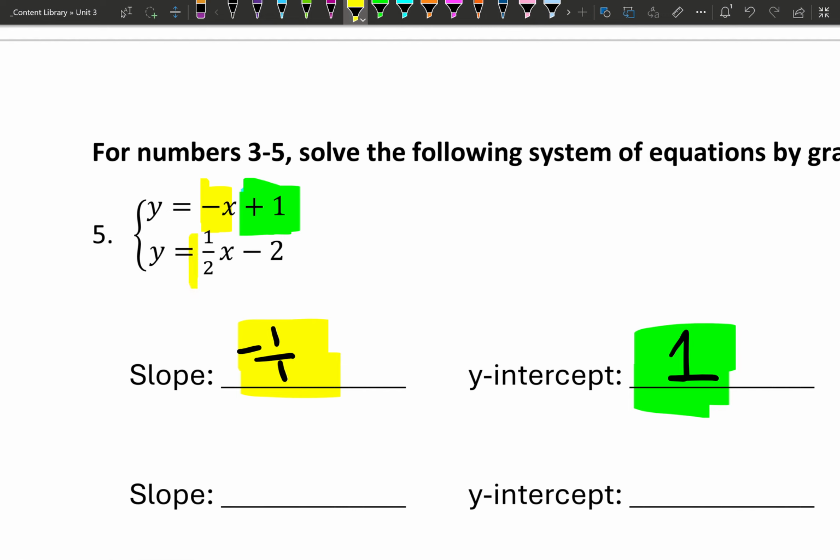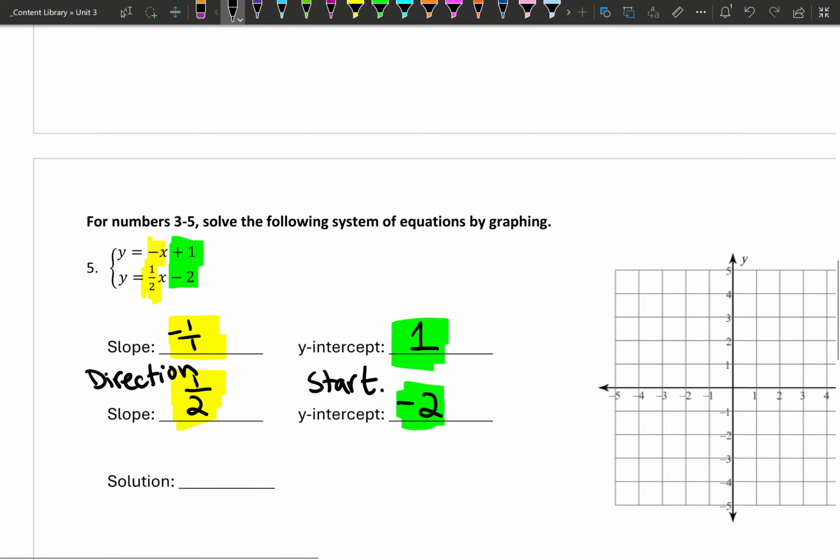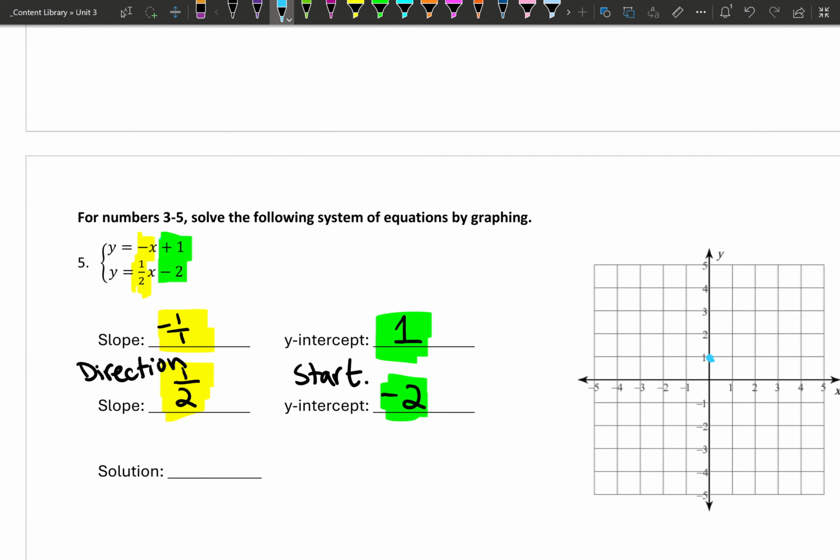For the second one, our slope, my bad, is 1/2. And our y-intercept is negative 2. If you wanted to jot this down, your slope is your direction, and your y-intercept is your start. Let's graph that. The first equation starts at 1. The slope is negative 1, so down 1 to the right 1 until I run out of space. The second equation starts at negative 2, and the slope is 1/2, so I go up 1 to the right